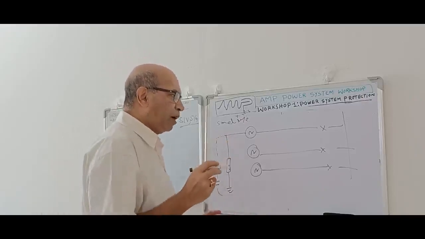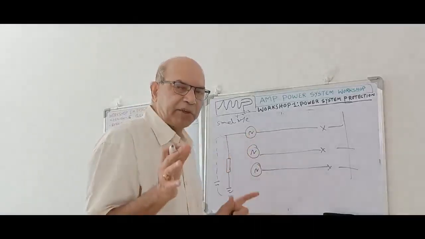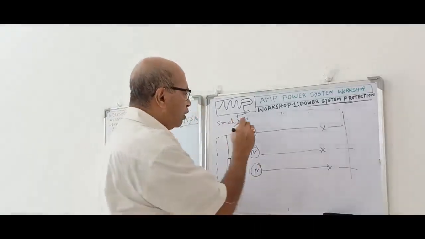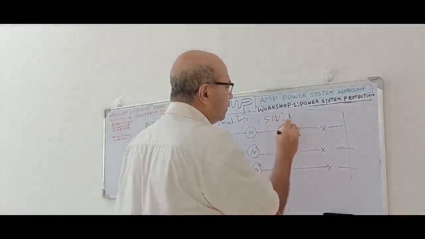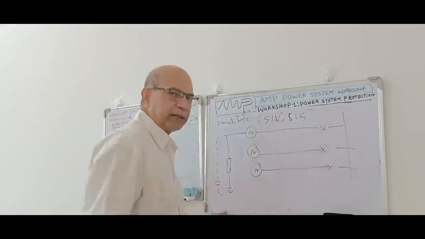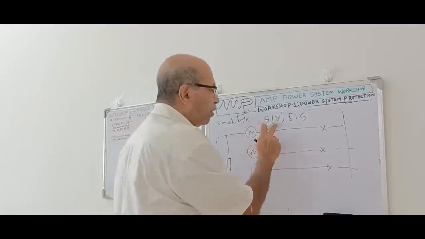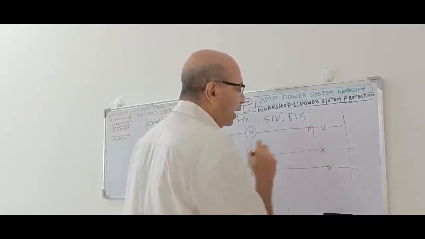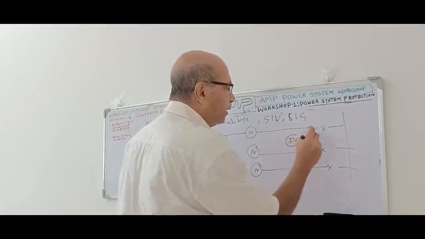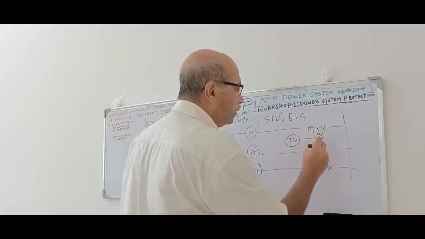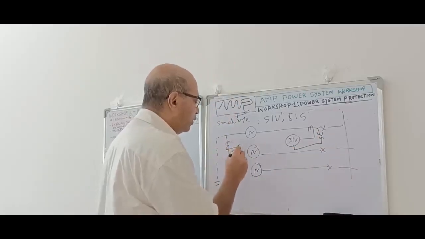In that case, whatever we have provided for the single machine system, 51V and 51G, must be there. These two will be there. We need not change this. Now, in case of a multi-machine system, the CT for 51V will be located on the line side. We said already. So 51V will be here. Then we have the PT. This PT will be connected to this. This will be 51V, and there will be 51G over here.